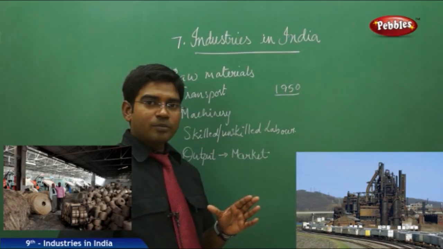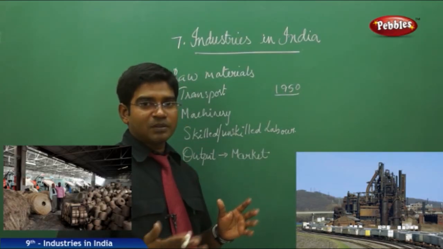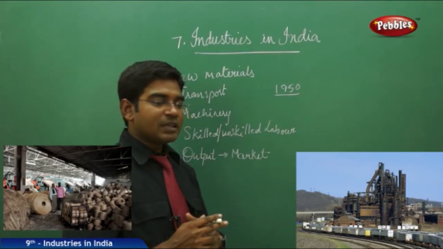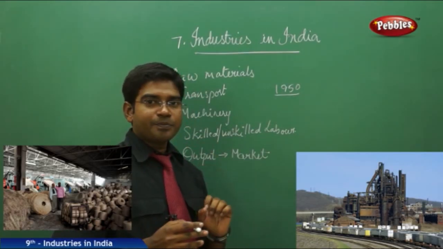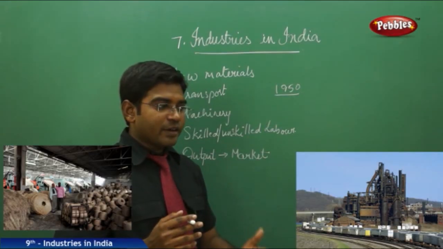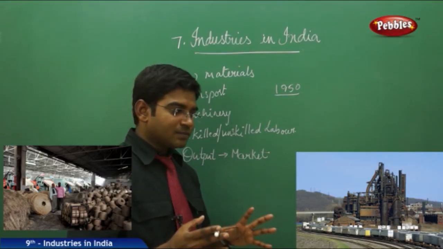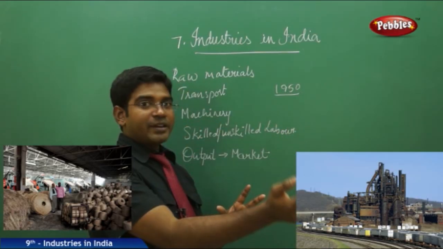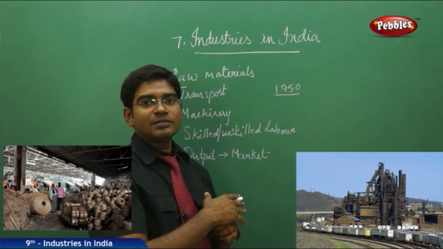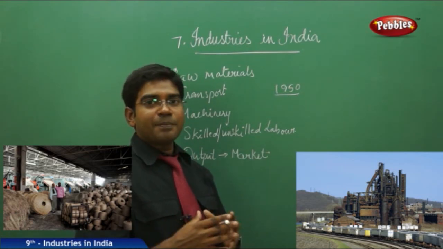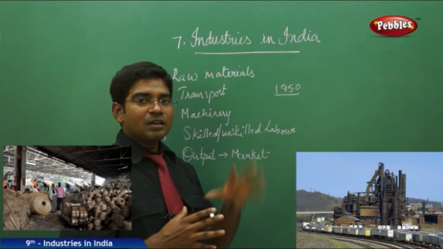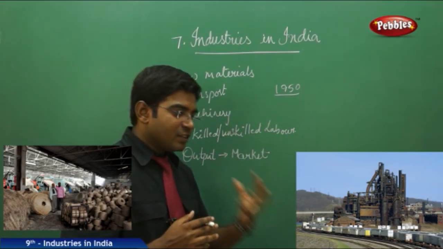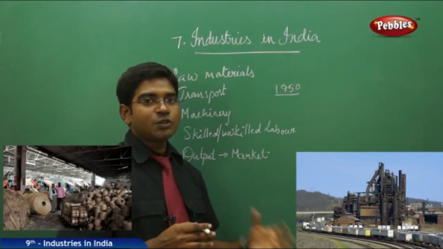So as time passed on, we have various industries located at various places. For example, in class 7, we discussed the paper industry. Paper industries are located at Sirpur in the Andhra region. Why are they located only in Sirpur? Because we have forests nearby the Sirpur region, where the raw materials can be transferred very easily to that place. From there, we can make the papers and finalize the product. We have labor, we have machinery to do all these things. And in this process, we learned how an industry works.